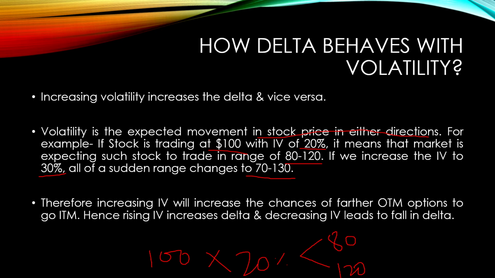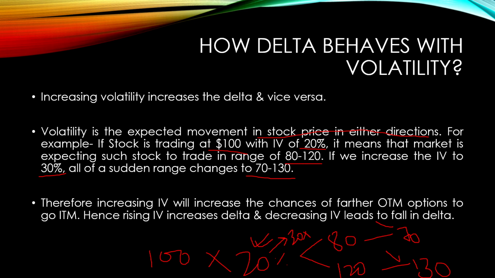So how does volatility impact delta? If you look at this example, if the current IV is 20%, and I just raise it to 30%, then all of a sudden this range will change. This will go to 70, this will go to 130. If you just apply common sense, rising implied volatility widens the expected range of the stock. If the range is widened, that means the delta will also increase,